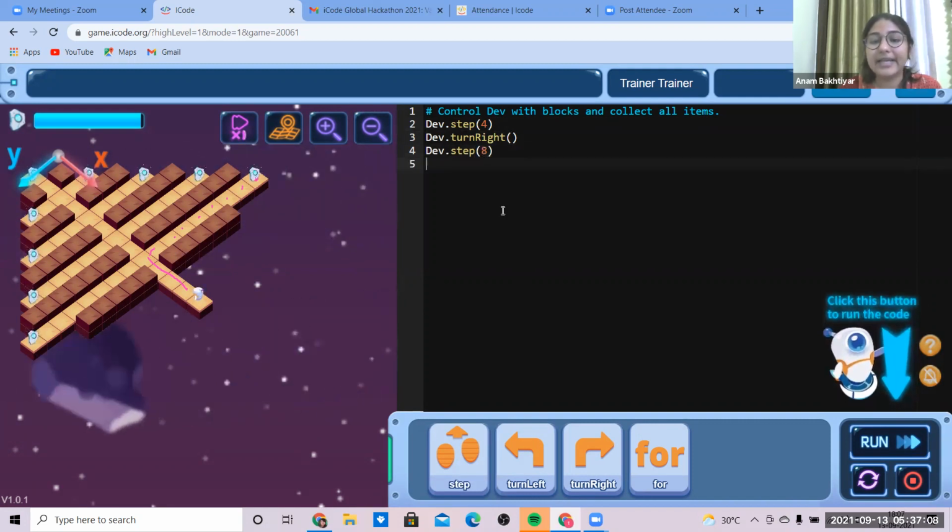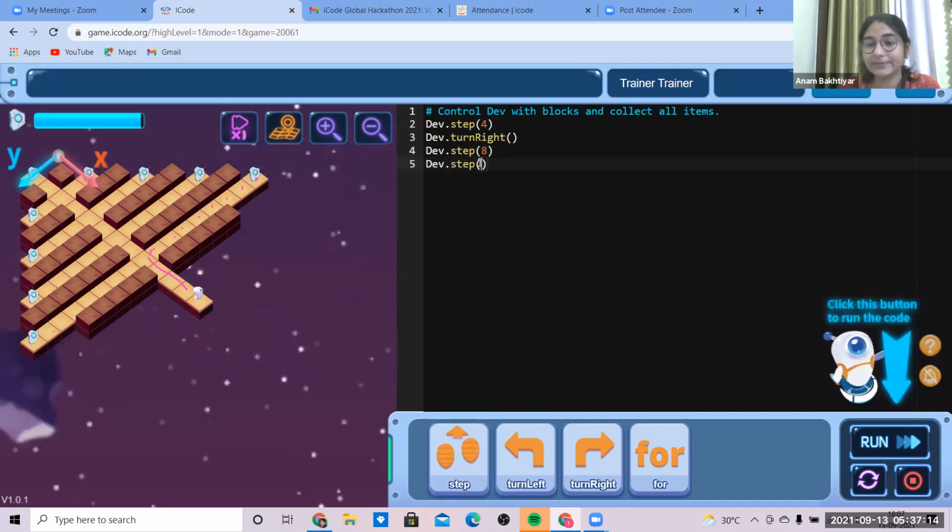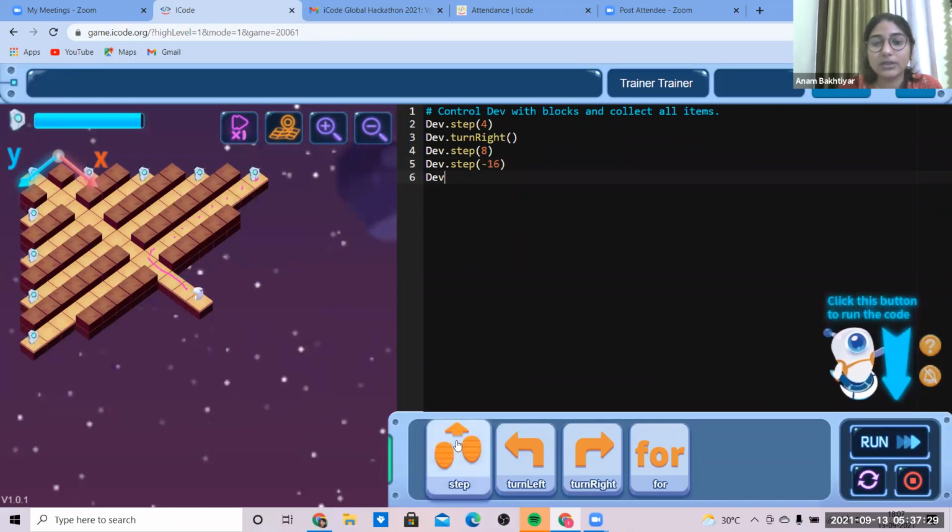Then Dev can take minus 16 steps, that is in the opposite direction, so we are using minus over here. Now they have to move 8 steps forward again. 1, 2, 3, 4, 5, 6, 7, 8, and it has to reach over here. So they will be moving 8 steps forward. Okay.